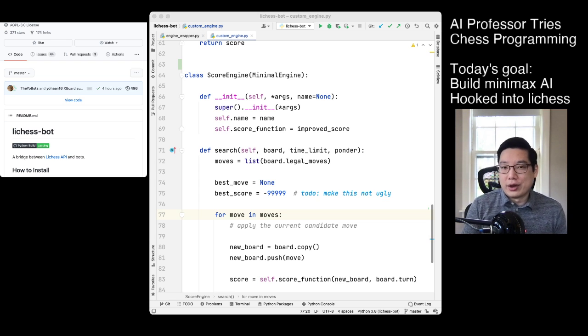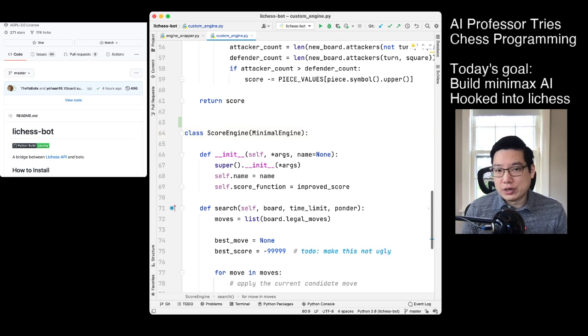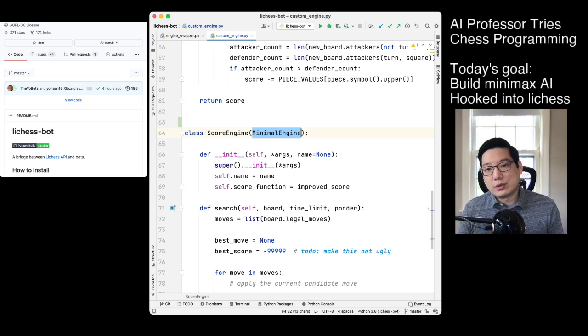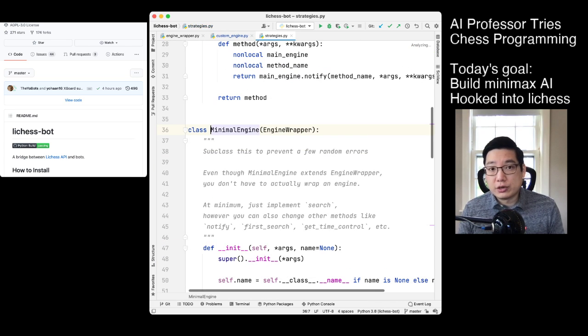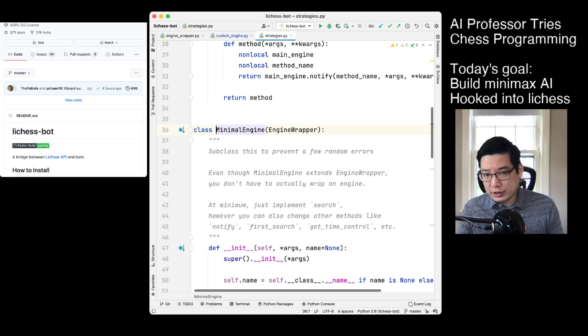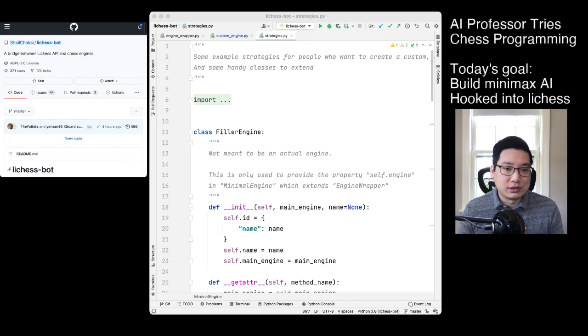I basically ported over what we did in the last video into that framework, and that's what's on the right here. And you can see I implement this score engine, which is what we had created in the last video, and now I'm having a subclass, something called the minimal engine, which, if we follow, I'm using PyCharm here as my IDE. So minimal engine is this thing from strategies.py, which comes from this repository,